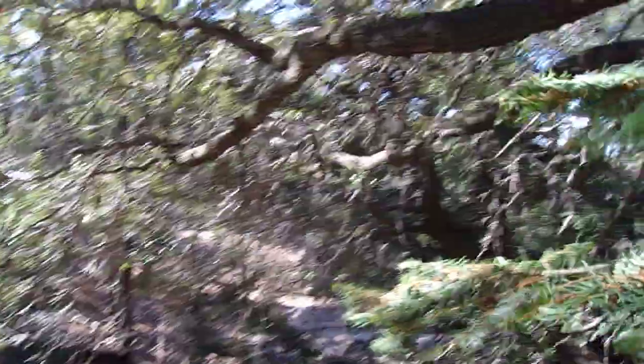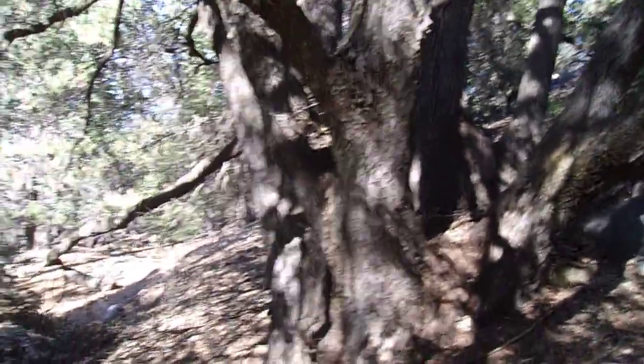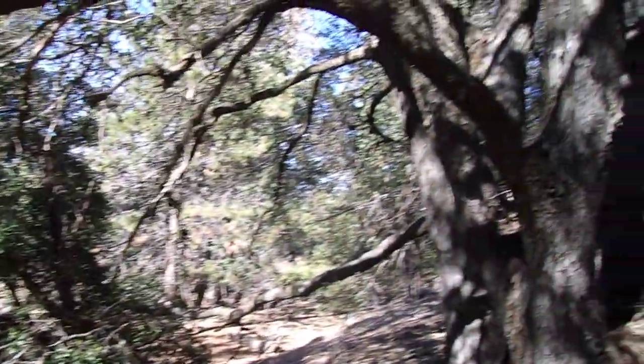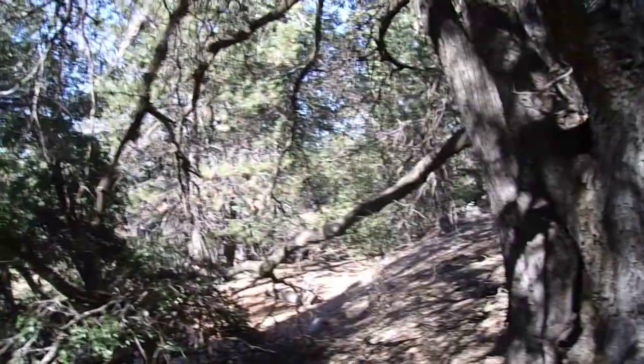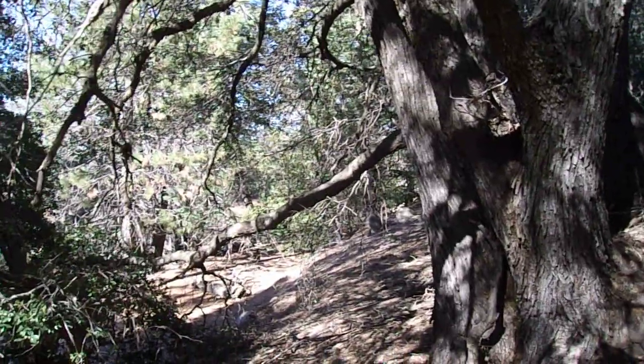These trees are generally found from Baja California all the way up through a huge chunk of Southern California. This is an extremely common tree here in Southern California. In fact, it's one of the most common trees above the 3,000 foot elevation. You can find them pretty much anywhere that has elevations above 2,000 and 3,000 feet. And you can find them through canyons and